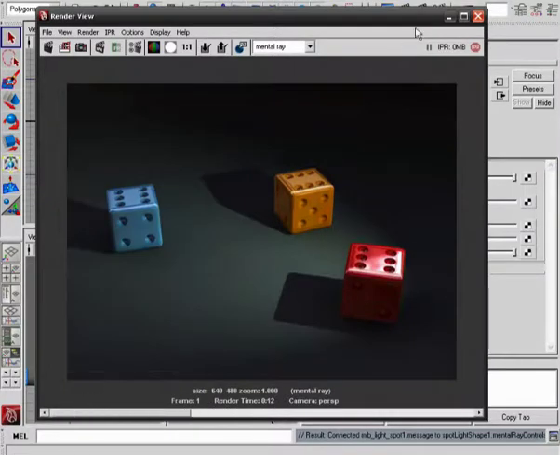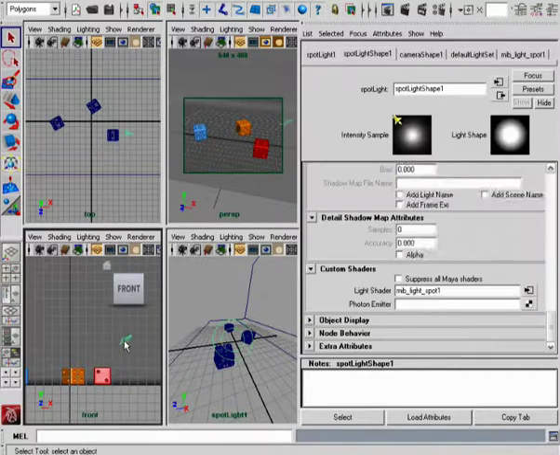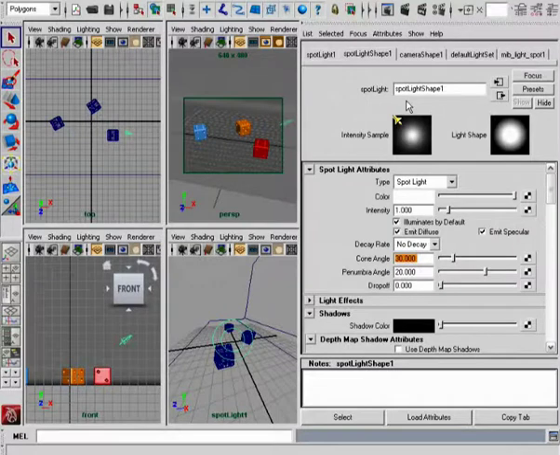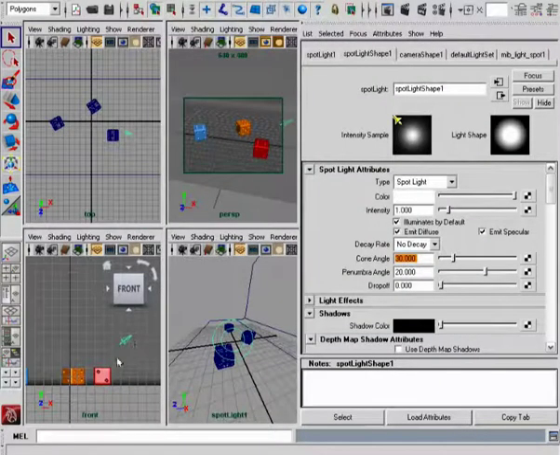Now, as I mentioned in the beginning part of this lesson, it's really important that we connect this mental ray spotlight to a traditional Maya spotlight. And the reason is because the overall cone angle, or the spread, is still controlled by this particular attribute. So in our renders, if we're using a mental ray spotlight, and if we want this cone of light to be increased or decreased, we have to go back to the original Maya spotlight and begin increasing or decreasing the cone angle